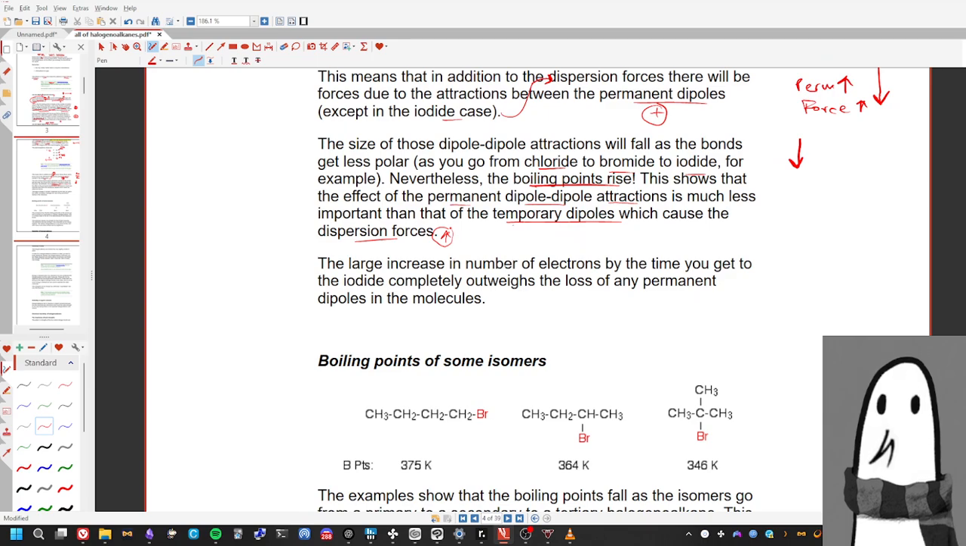Now, the large increase in the number of electrons by the time you get to iodine completely outweighs the loss of any permanent dipoles in the molecules. So you can think of it as two variables. One is going to be the number of electrons you have. Another is going to be the electronegativity caused by the permanent dipoles. So as you go down the group, although your polarity and your permanent dipole are both decreasing, your electron number is increasing,